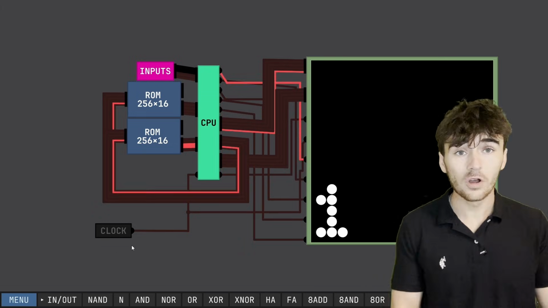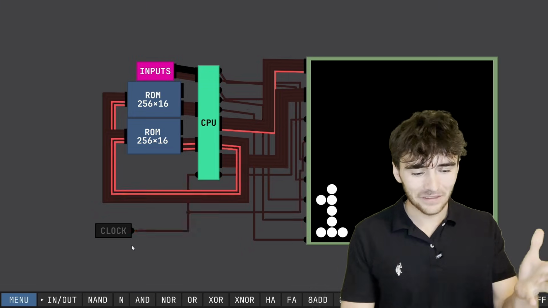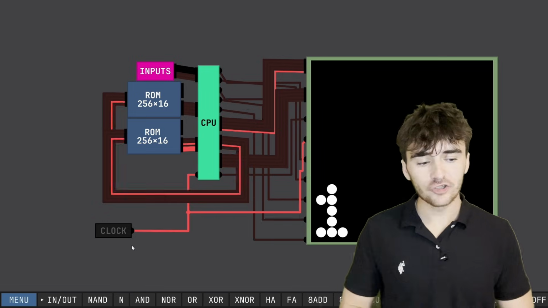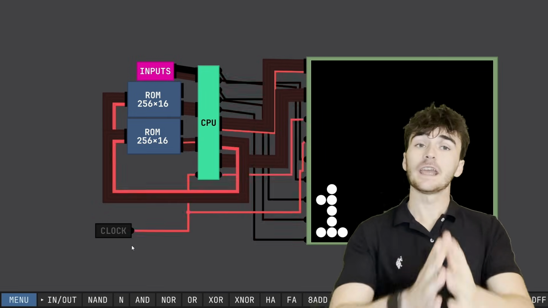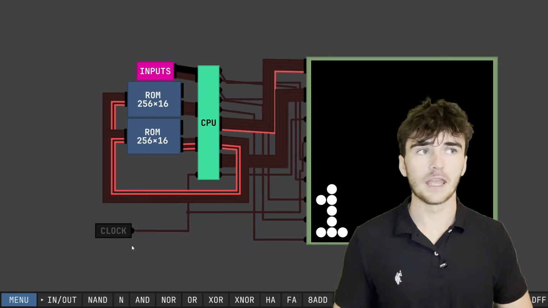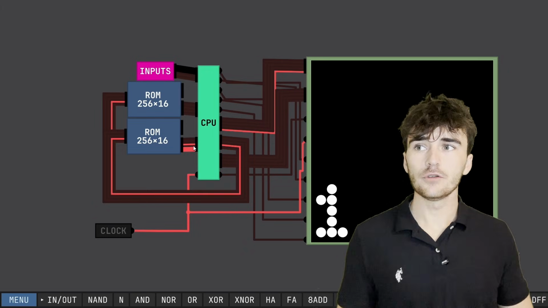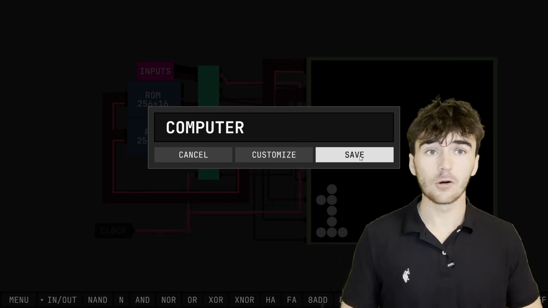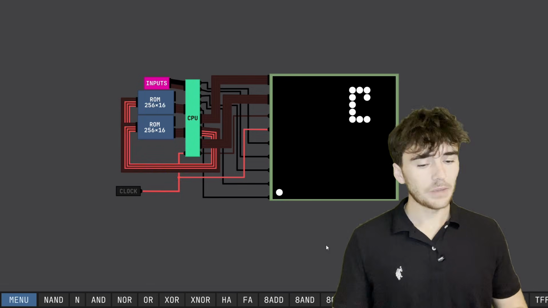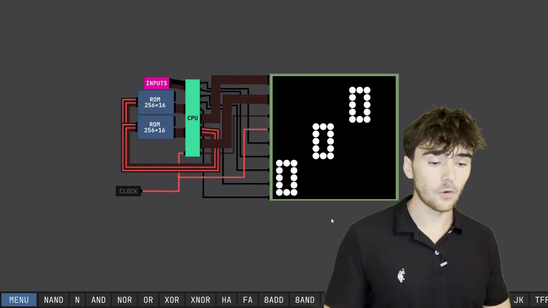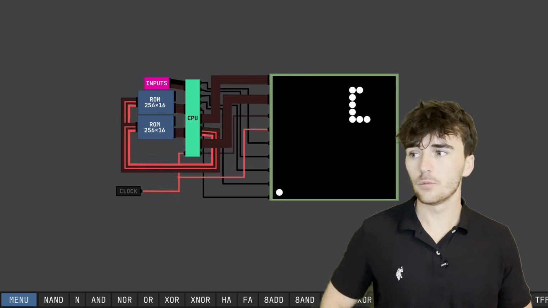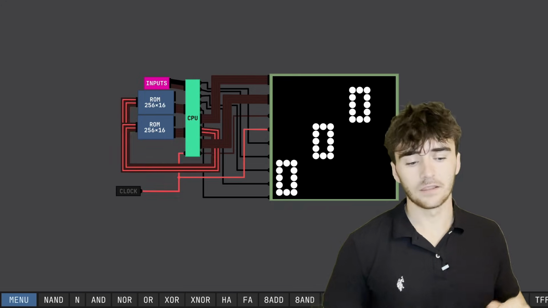Thank you for watching this whole 3-hour video of it. But this computer is pretty good. A few things that maybe we should change is, let's say we want to print a character on our GPU and we want to move that character with our inputs to the left. It's like a video game. So we have to clear the GPU, clear the display out, and then rewrite all the data onto the display. And we can do that with our computer, but that will take a lot of code. So maybe we might need to make a module or more registers so we can store the data for our GPU, and we can automatically reset the